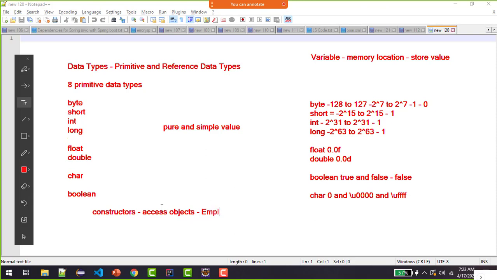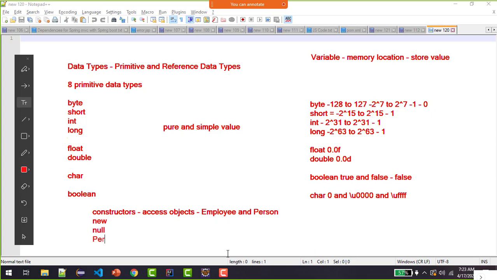Let's say I am creating an employee class, then an object belongs to employee. If I am working on a person class, product class, or any domain related API or class, all class objects come under the reference data type. If you are creating various types of array variables, they also come under reference data type, created with the new keyword. The default of all reference variables is null, and a reference variable is used to refer to any object that belongs to a defined type, for which we create the constructor.